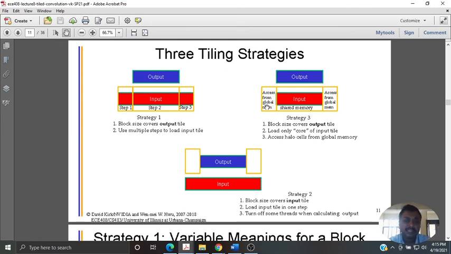Or you directly want to access them from global memory instead of putting them into shared memory. You load the entire input once, and you are computing and writing the results, but discarding those that are outside the output tile. So this is strategy 2. And strategy 3 is